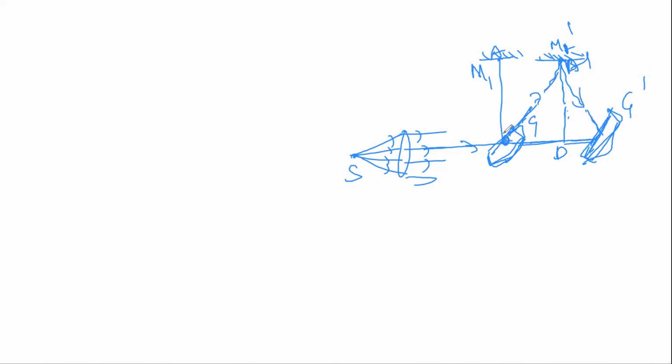It's traveling from G to A dash and then from A dash to G dash. This is the total path traveled by ray 1, because this is moving with velocity V bar. Okay, now the total path of the ray from G to A dash and back will be G A dash G, right? So we can write G A dash whole square